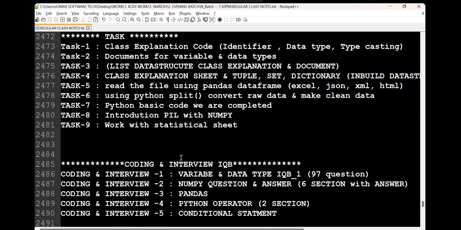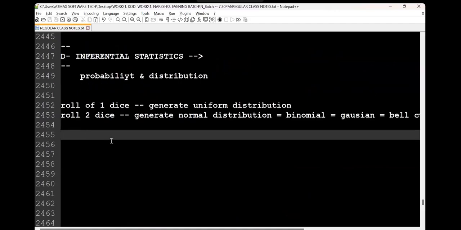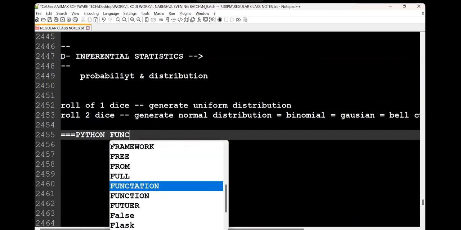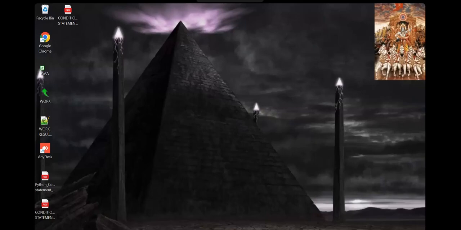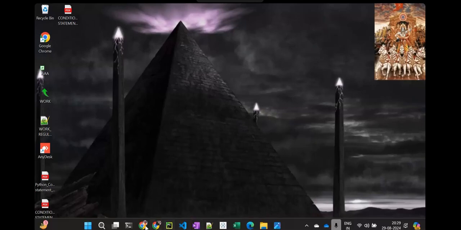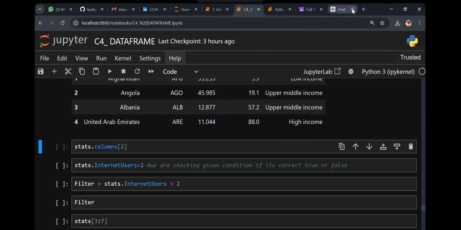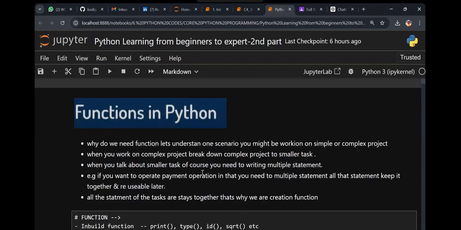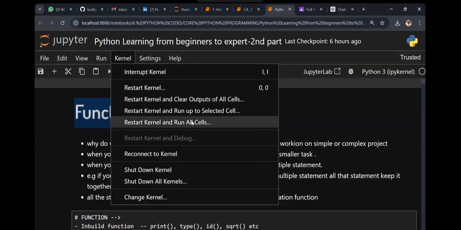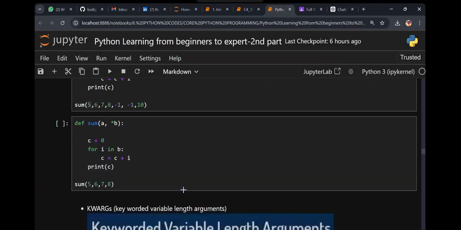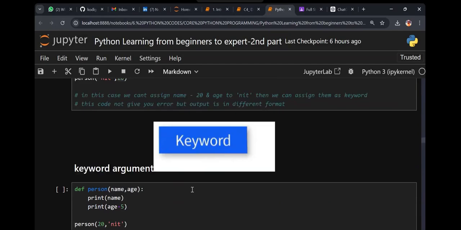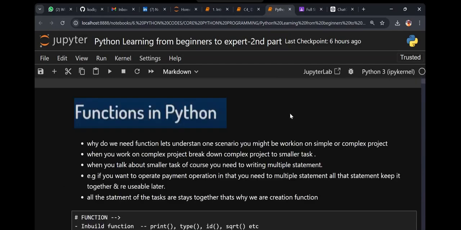Okay, fantastic. Now, can we start functions now? Python functions. Functions are divided into how many? Okay, but let's go back and let's start today. All right, just kernel. Listen to me. I know for experienced people this is not needed, but 90% are just newbies. So that's why we just have to.